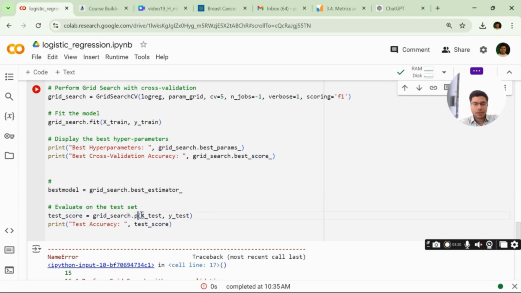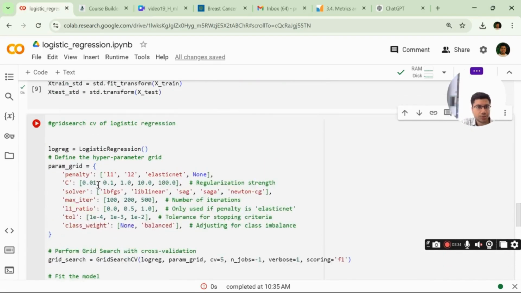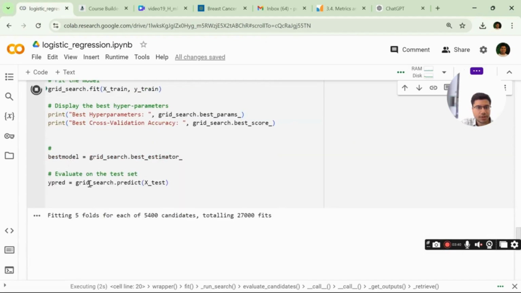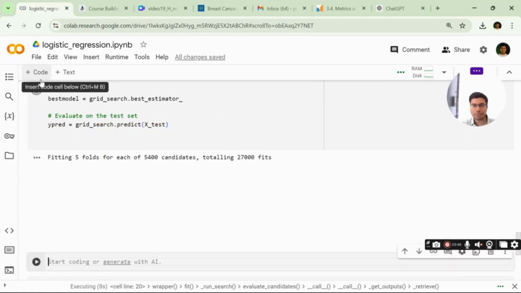So grid search dot predict x test. This I am storing in y predictions, and then I have to evaluate these predictions. First I have created this. Now it will take a long time because of 27,000 fits. Meanwhile we can complete the remaining code.